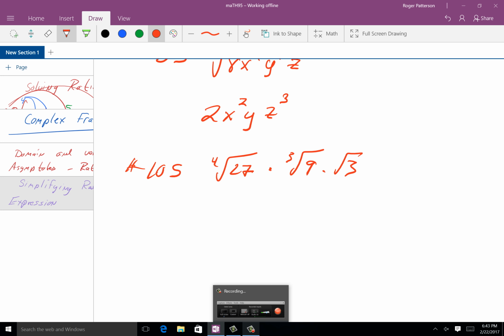So what is the 4th root of 27 then? 3. See, now here's an example of where they're all different powers, right? And we can't multiply 27, 9, and 3 because they're all different. So we're going to take each individual one. The 4th root of 27 isn't 3. It's not 3. No, it's